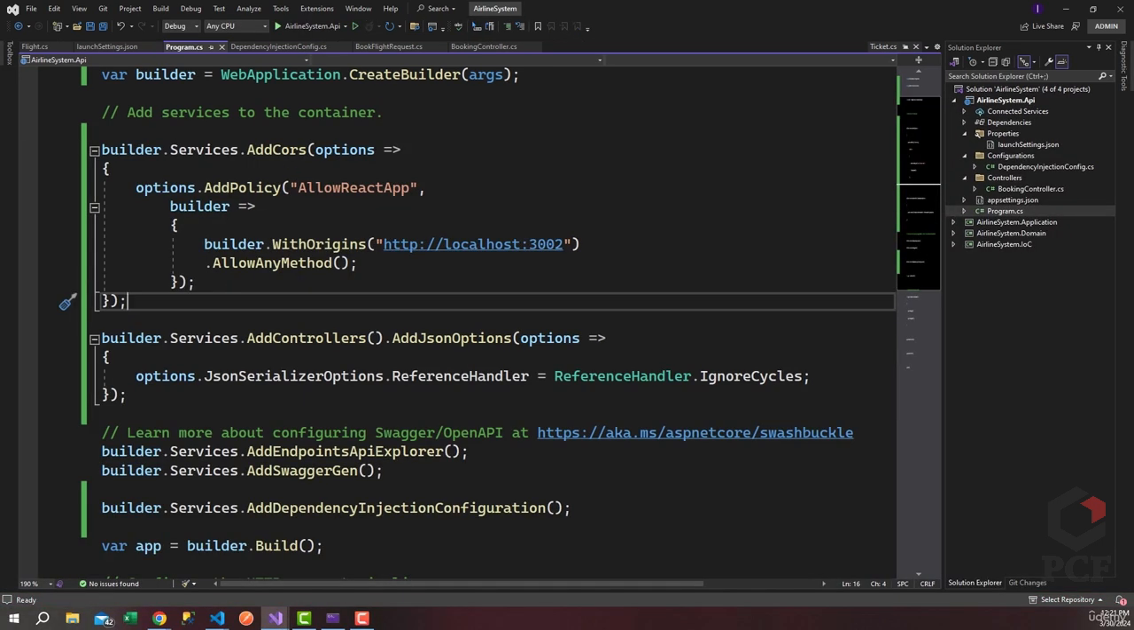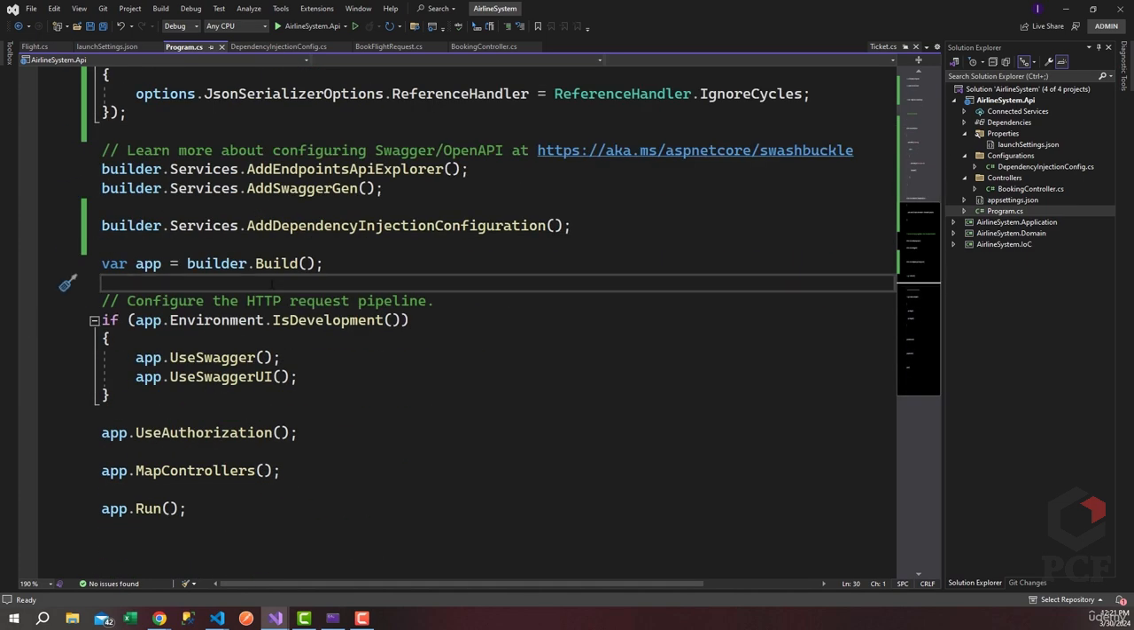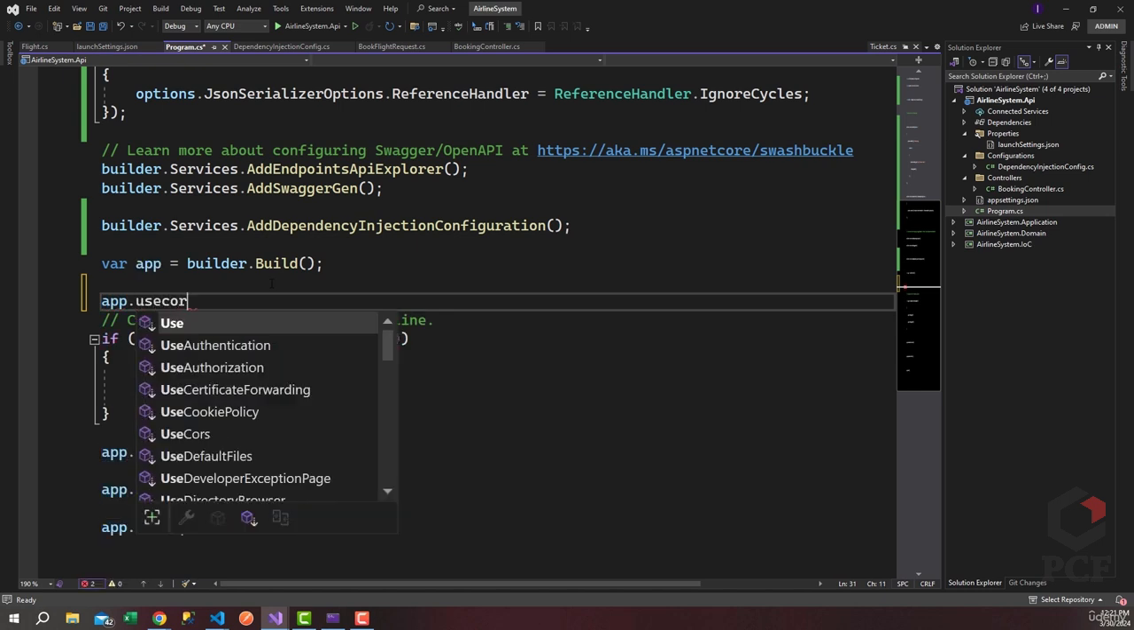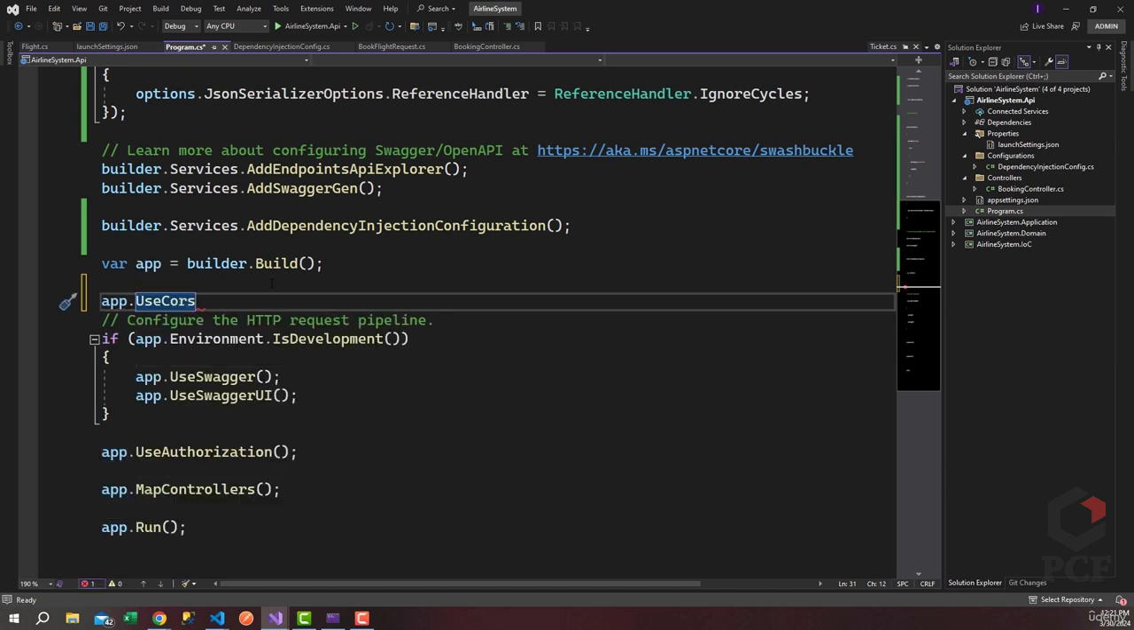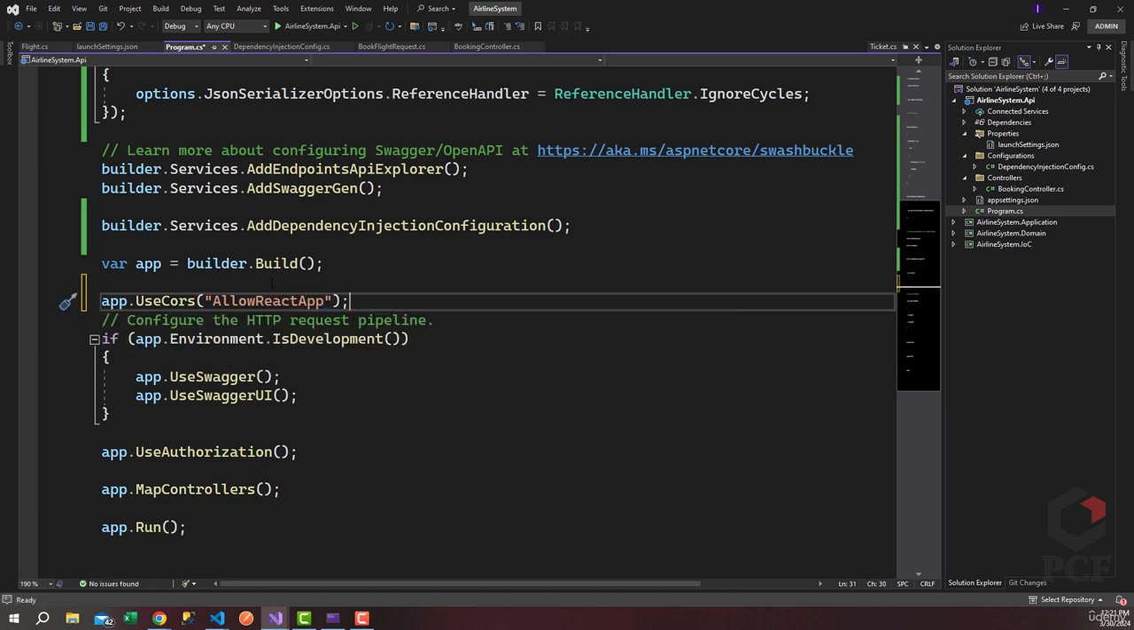Okay, so there's one thing I left out. We added CORS to services, but we didn't use it. All right, so let's go ahead and, where our app is, where we're building our container here, we're going to go ahead and say app.UseCors. We forgot that, so my fault for that. And then we're going to choose the same name, AllowReactApp. Okay, so now if I go ahead and relaunch the API,